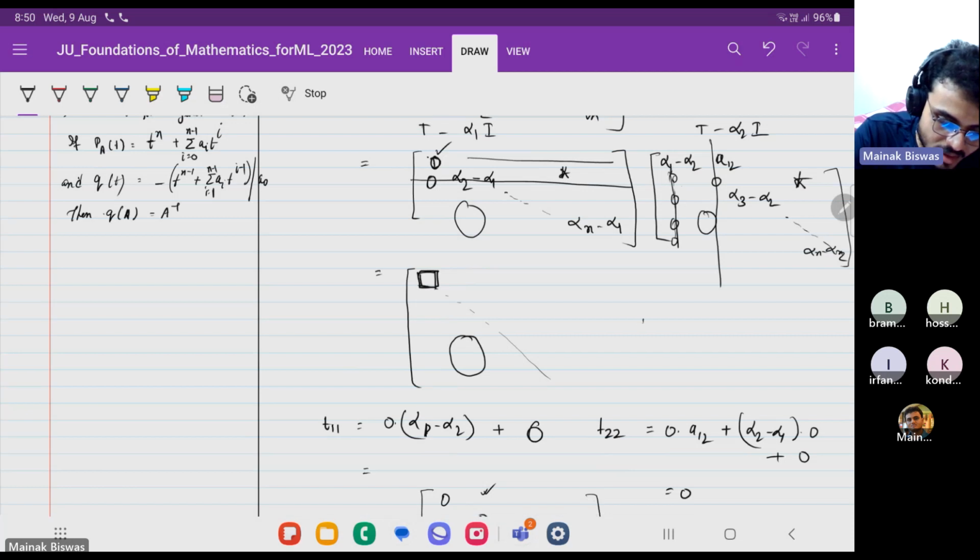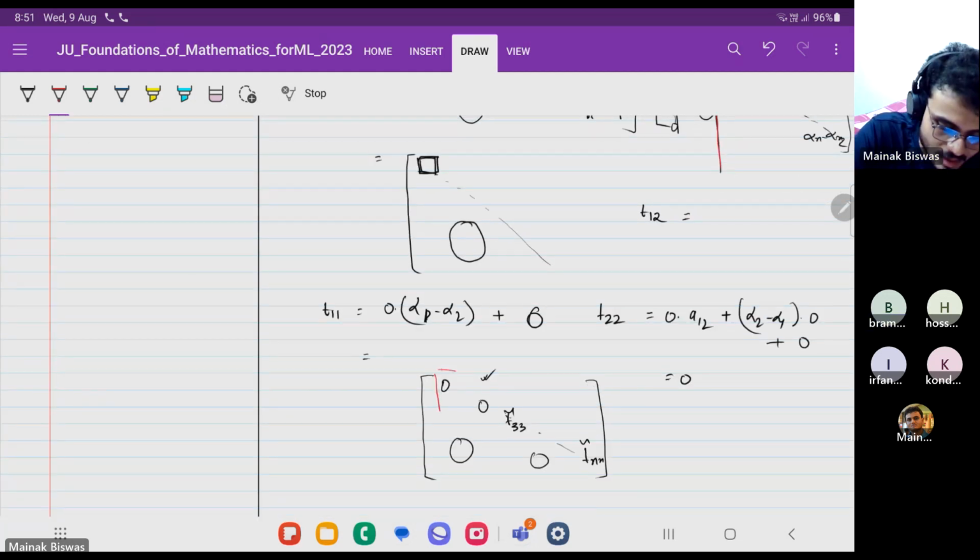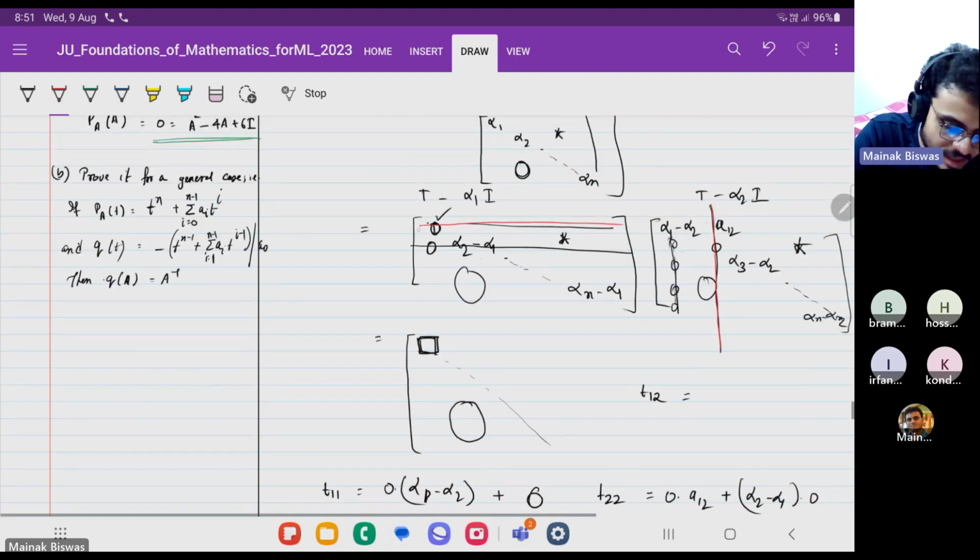What will be term T12? Any idea? T12 will be first row plus second column, right? Yes or no? I'm trying to find these 3 elements. So this 1 also 3 becomes 0, correct. Because you will have 0 times